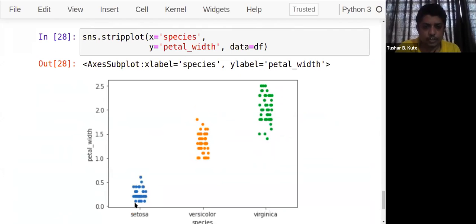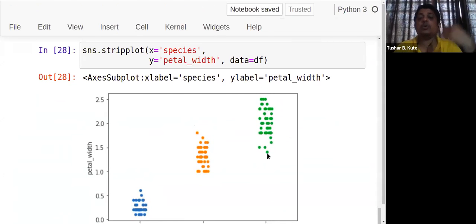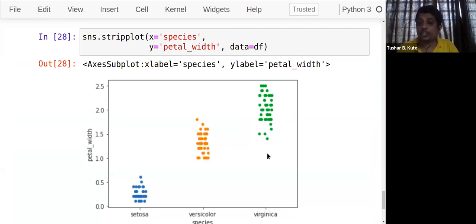They are within this range, I think 0.2 to 0.8 something for setosa. For versicolor, these values are in this range, completely separated. See, setosa values are less, for versicolor somewhat larger, and for virginica, again higher ranges are there. See, green color. It's called a strip plot. All the data distribution is simply shown. On the x-axis, I put the categorical variable. On the y-axis, I put the continuous variable.